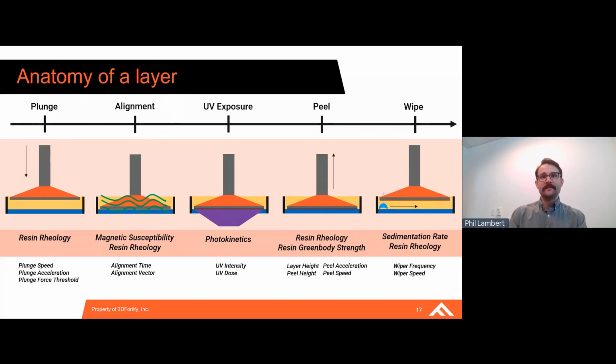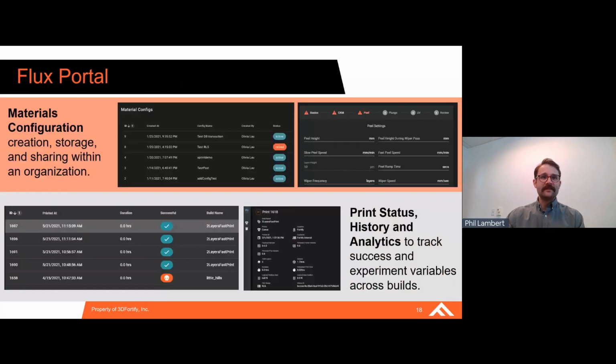And then once your peel is complete, there's often every 5 layers, every 10 layers, a wipe step. And this is our wiper that moves across the film and helps to resuspend some of those particles. And so things that are important during this wipe step we have to think about is our sedimentation rate. And again, rheology plays a role here too. And so the reason I bring all this up is because these are the types of things you can control